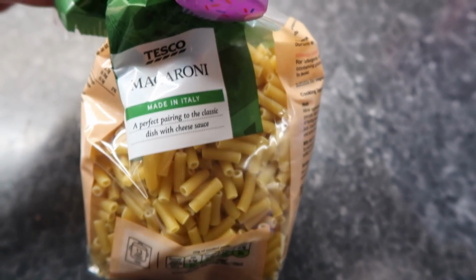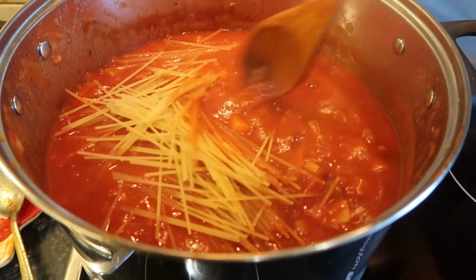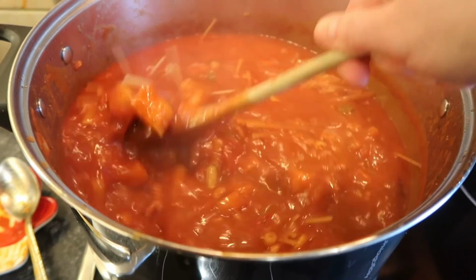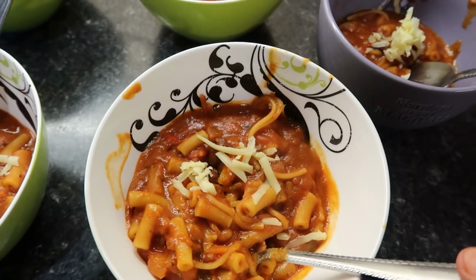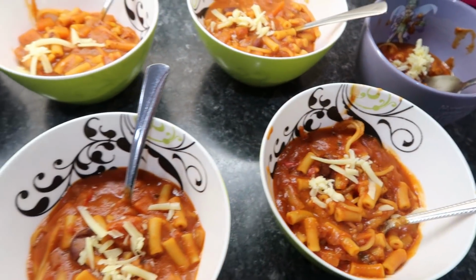Use up whatever leftover pasta. We have macaroni already in, and then I broke up some spaghetti as well. It's a very chunky filling soup, so I usually make a big batch, and then we can pull this out for lunches as well. So as you'll see, very filling, probably 1-2 bowls would fill most adults, sprinkled with cheese,